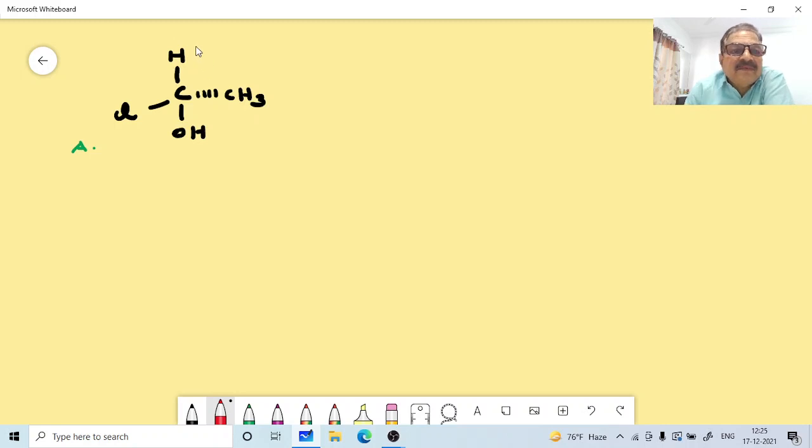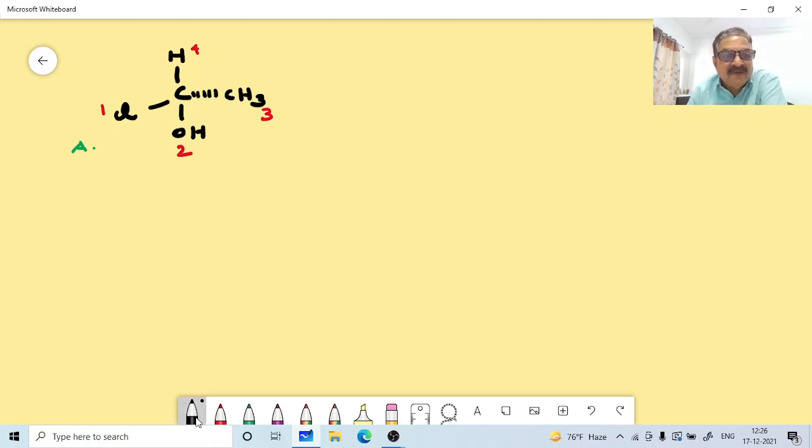Hydrogen is 4. It is in the plane of the page, and OH will be 2 here. Chlorine is number 1 because chlorine has the highest atomic number here. Therefore, chlorine is priority number 1, OH is priority number 2, then the methyl group is priority number 3. Correct. Now exchange. Because the hydrogen is in the plane and this methyl group is behind,